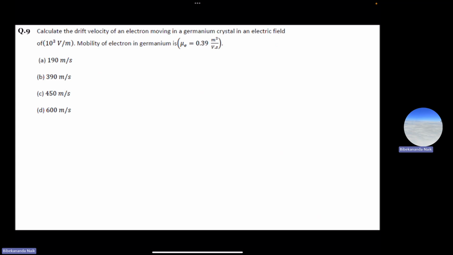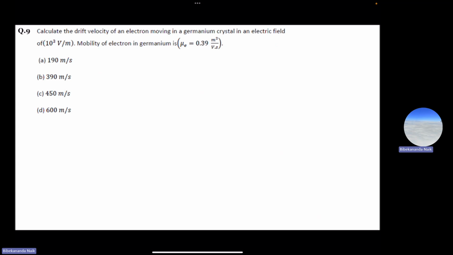The question says calculate the drift velocity of an electron moving in a germanium crystal in an electric field of 10 to the power 3 volt per meter. The mobility of electron in germanium is mu e equal to 0.39 meter square per volt into second. This is a pretty straightforward question. We know the relationship between the